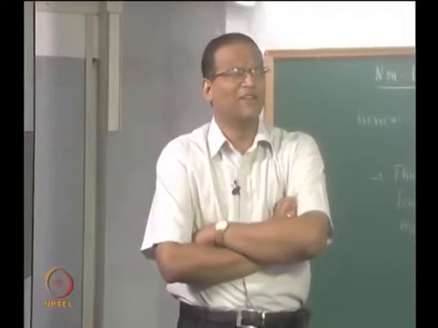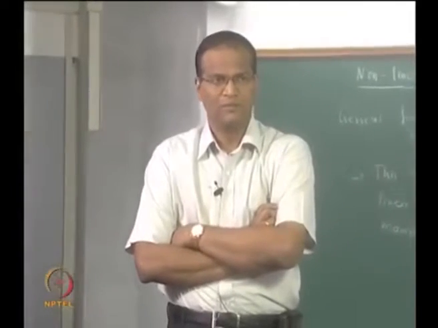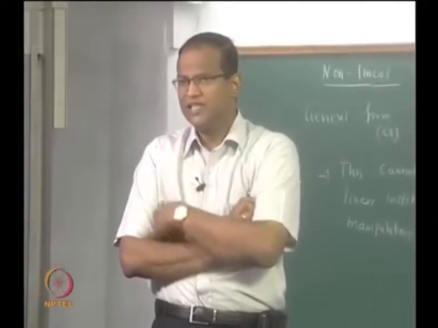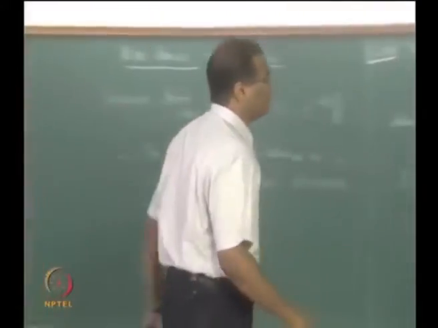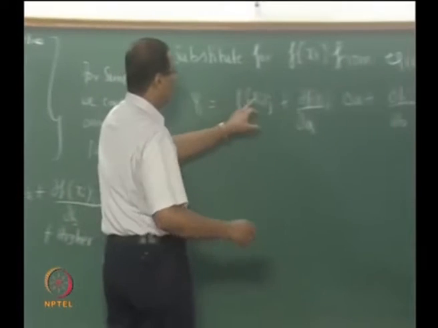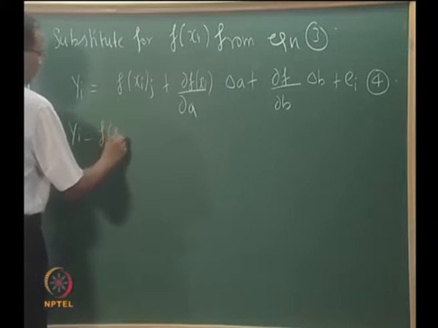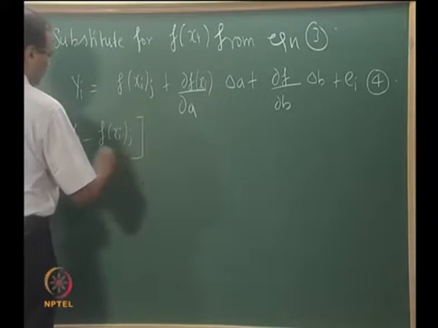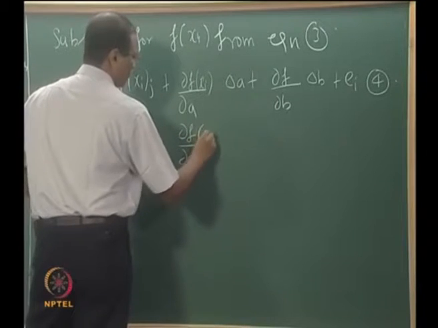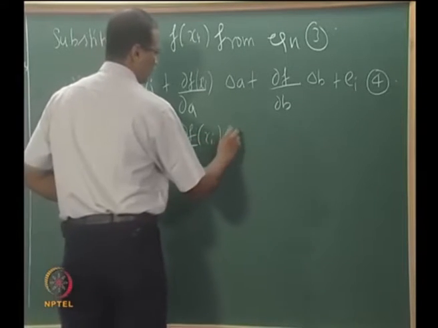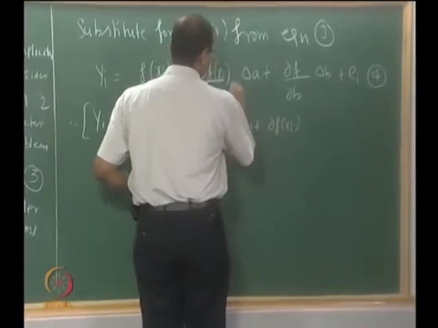There are some subtle things I have done, i, j plus 1, you should be able to follow that. Only j values are known when you start with, from j you are going on to j plus 1, correct. Now therefore, we can bring the f of xi j here, oh this should be j, right.